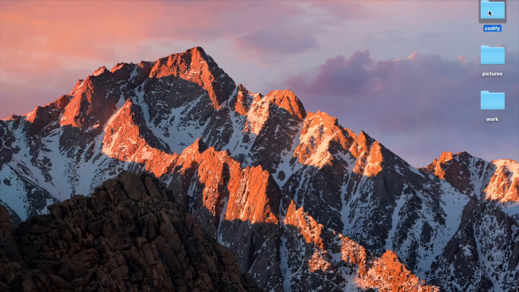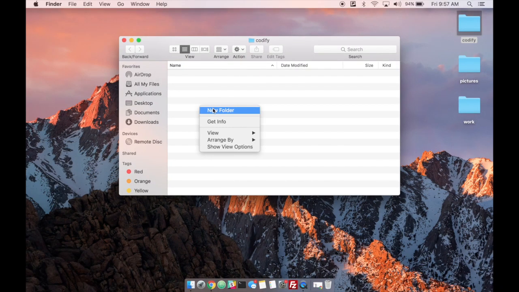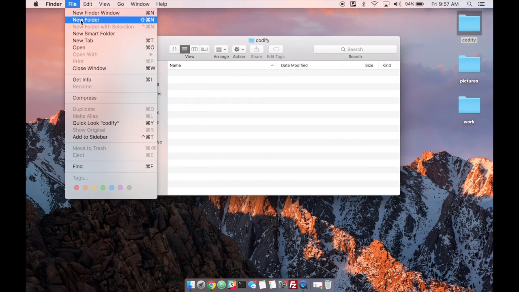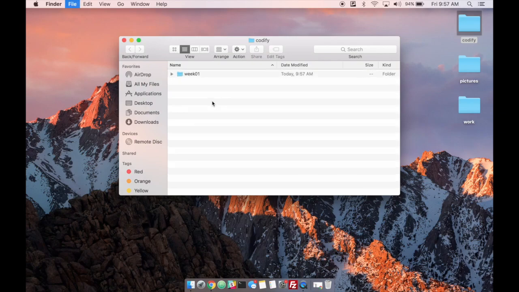Okay, now we want to create some folders inside of the new Codify folder, so double click into that. Again, we could right click here for a new folder or go into the file in the top left and create a new folder, but we want to use that shortcut. So Command-Shift-N to create a new project folder. We're going to create some weekly project folders. So for the first one, name it Week 01, and then use Command-Shift-N for a new folder, Week 02,